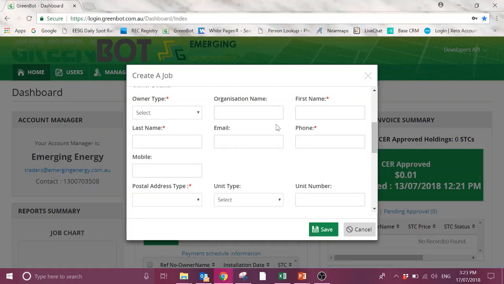The owner details, this is where you can select what the owner type is. So either an individual, corporate body, etc. We're just going to say individual. So if it is a corporate body, then we'll put in organization name plus contact details. But today, it's just a homeowner. Everything with a red asterisk next to it, by the way, you need to fill out. So just put in their mobile number,